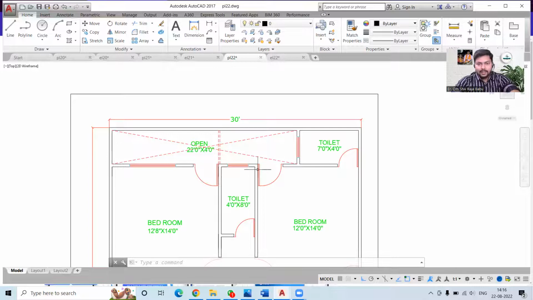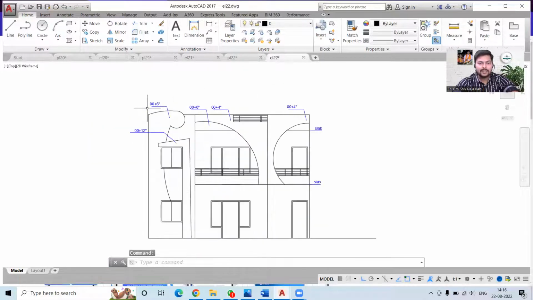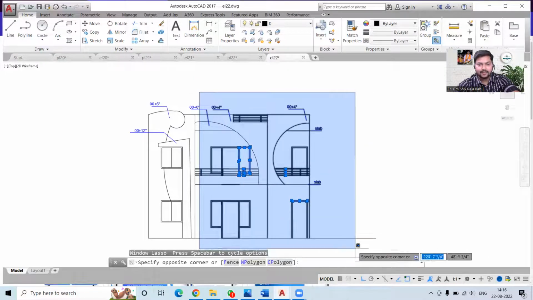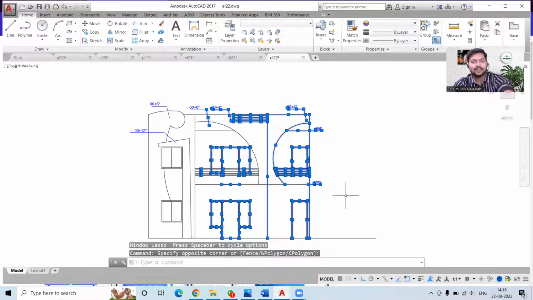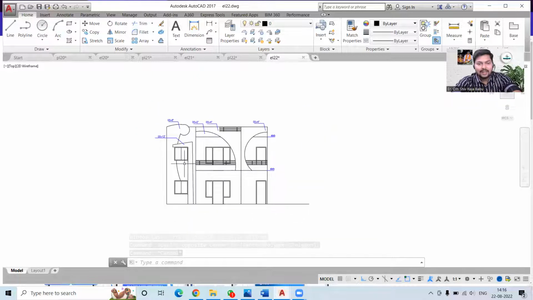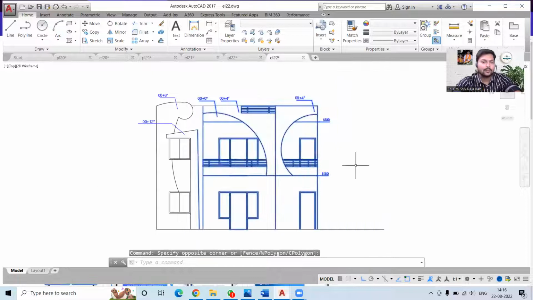Okay, so we will go for the last segment of the day, that is the elevation. And this elevation is beautiful on the right side, like till this portion over here to here. I am liking it, but on the left, I'm not very much impressed with the design. However, it is creative, but I'm not very much impressed. This could have been better,